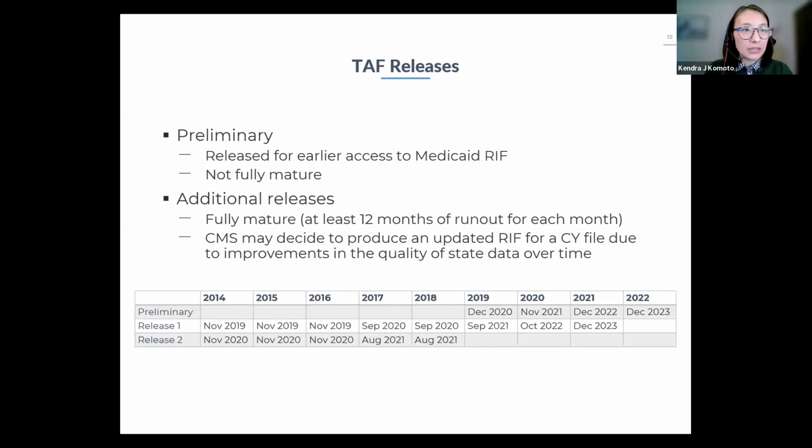So we've learned that TAF data are created using state-submitted data from T-MSIS, and states are continuing to work with CMS on data quality issues. If there are significant improvements, there might be enough to warrant an updated TAF RIF release. I think I have this chart of the different releases historically. CMS has released a second fully mature release for the 2014 through the 2018 data, and they could for any